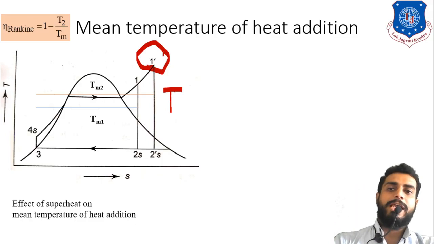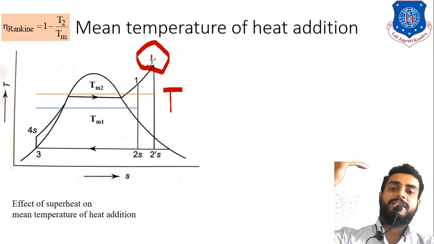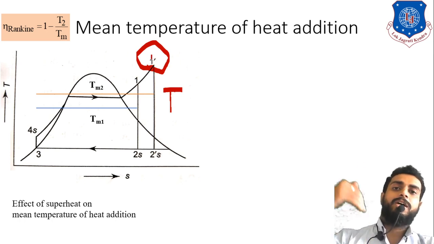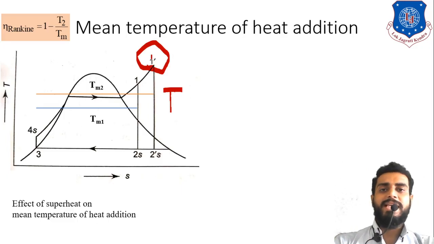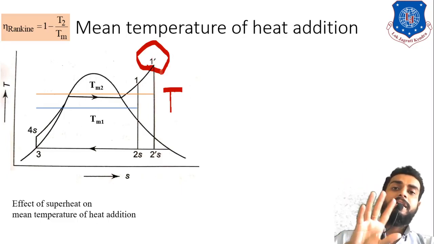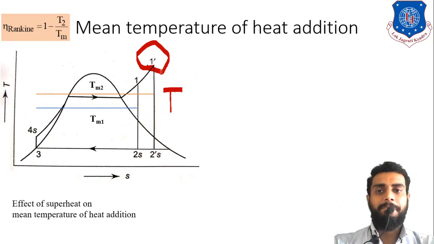Your superheat steam shall be less than or equal to 450 degrees Celsius, because if you increase the temperature of the superheat steam more, then it will melt down the blades, and that is not desirable, right? So that will be the case. That is called the metallurgical limitations for the turbine material.